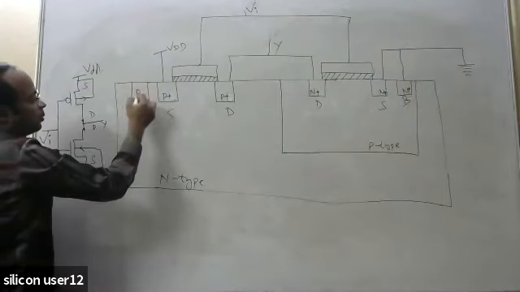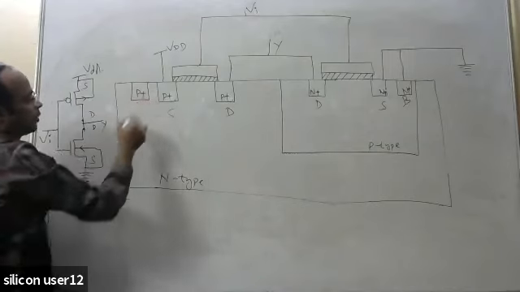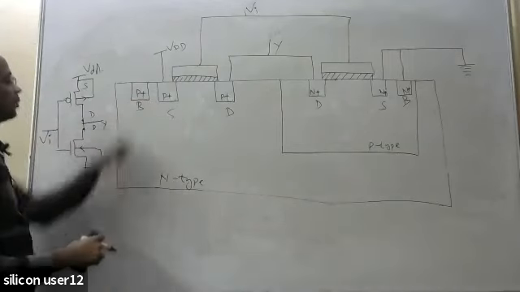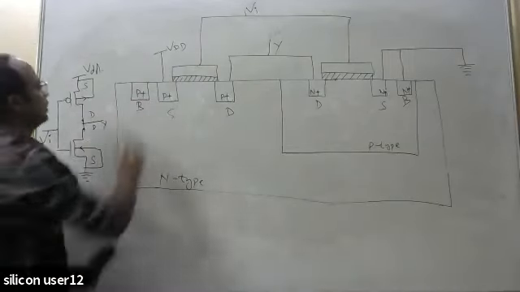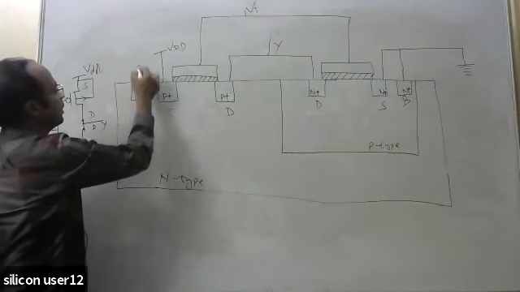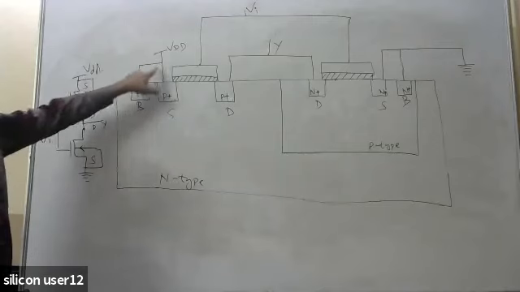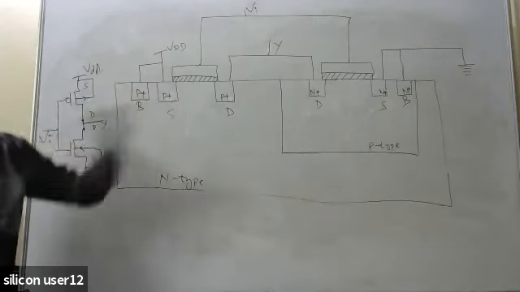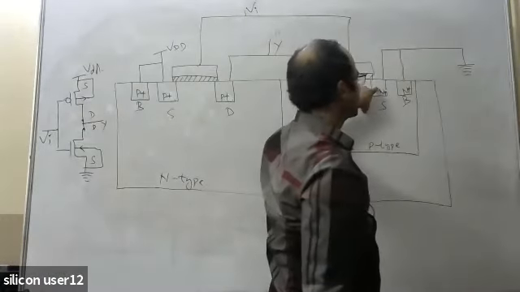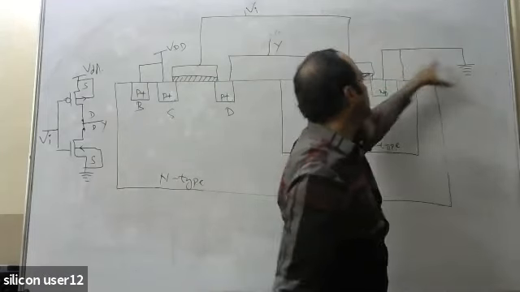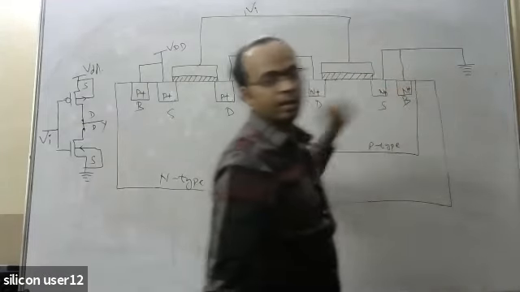So this is also P, yeah, P plus. Okay, so this is the body of the PMOS, and this will be connected to the VDD. Okay, so this is the VDD connection: it goes to the source, and the VDD connection also goes to the complete body. Similarly, the ground connection goes to the source of the NMOS, and the ground connection also goes to the body of the NMOS.